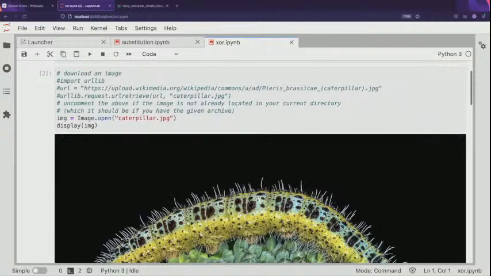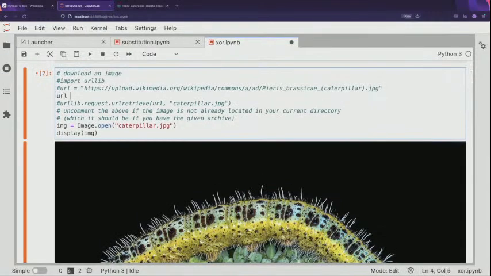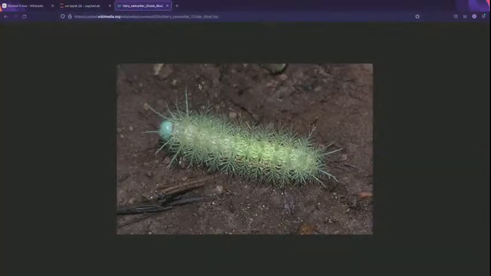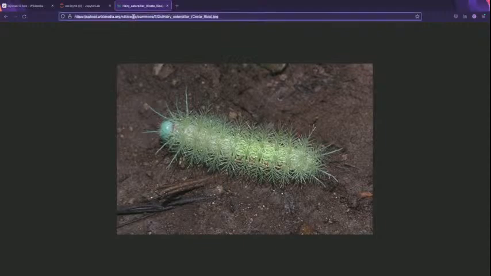So rather than using this, I just Googled Wikipedia for one. You could use any image you want, or well, any red, green, blue image you want, like a JPEG or something that's got colors. It depends on the actual image mode, whether it's black and white or RGB. But yeah, finding a picture like this on Wikipedia, copy the URL there, and then